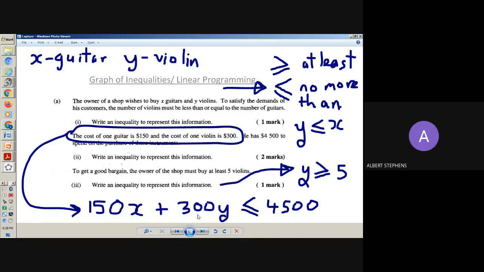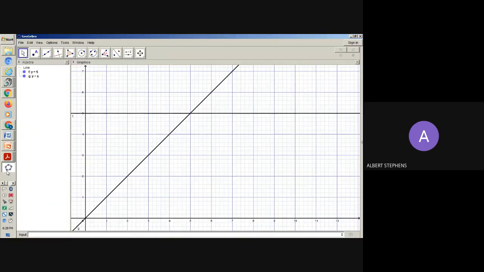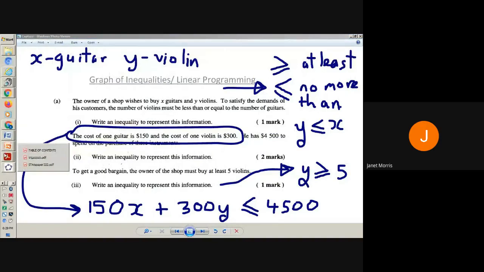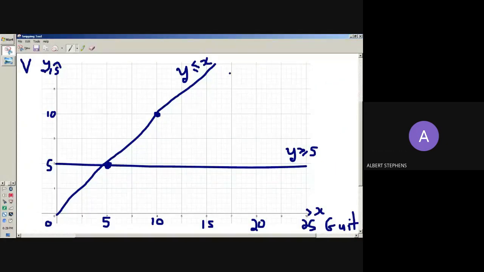So what we're going to do is, if you look at 150, 300, and 4,500, the highest common factor would be what? 150. So we're going to divide everything by 150. All right. So 150 into 150 is what? 1. So we have 1x plus